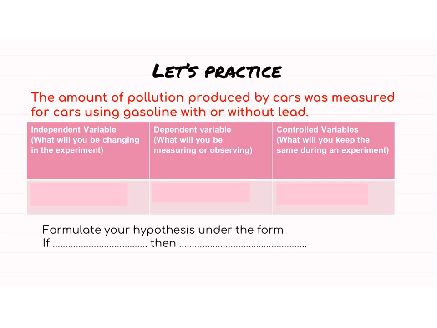Guys, let's practice more together. We have a new case. The amount of pollution produced by cars was measured for cars using gasoline with or without lead. The first step that we have to do is to identify the independent variable, the dependent variable, and the controlled variables. Then you have to formulate your own hypothesis. Don't forget that the hypothesis should start with if followed by then. Pause this video for 3 minutes and try to write your own hypothesis, and then we will correct our answers